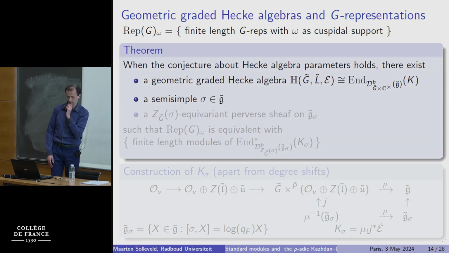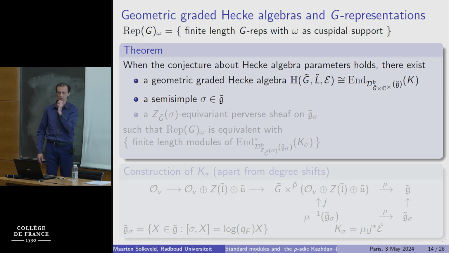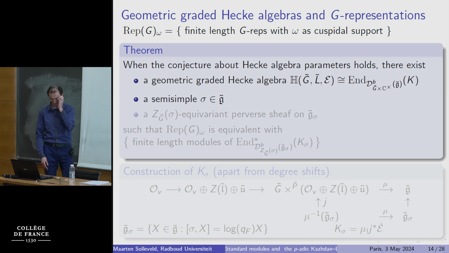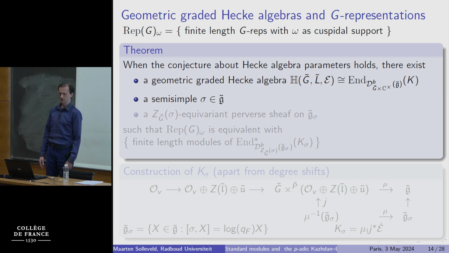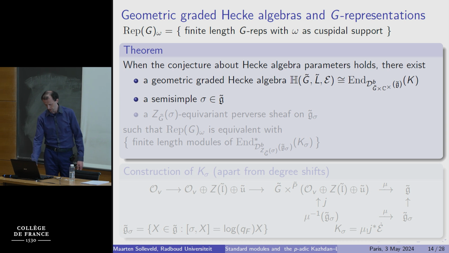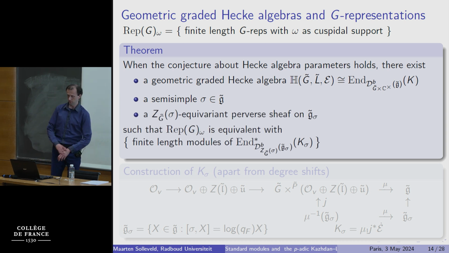And, well, okay, under some mild assumptions about these parameters of Hecke algebras, which are going to be true in any case, you can prove, in fact, that if, coming from just these data of G and this supercuspidal of a Levi subgroup of G, you can construct a graded Hecke algebra, and you can see that this graded Hecke algebra can be obtained in some geometric way from data from complex algebraic groups. And well, then moreover, you can say this omega,